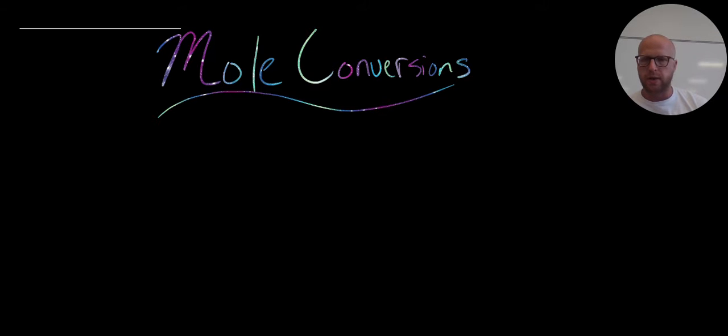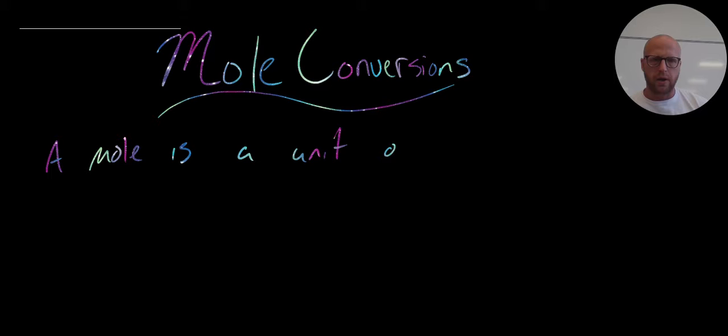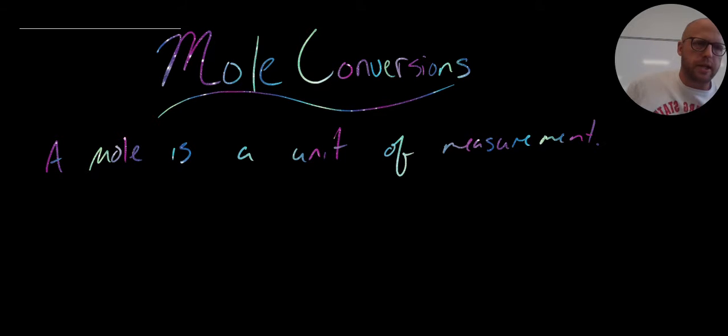If you remember back to last year, a mole is a unit of measurement. So much like a dozen means 12, a ream means 500, a gross is 144, or a dozen dozens. A mole is an amount. If I say a pair, I'm talking about two things, and we know how this works out. But the thing with a mole is